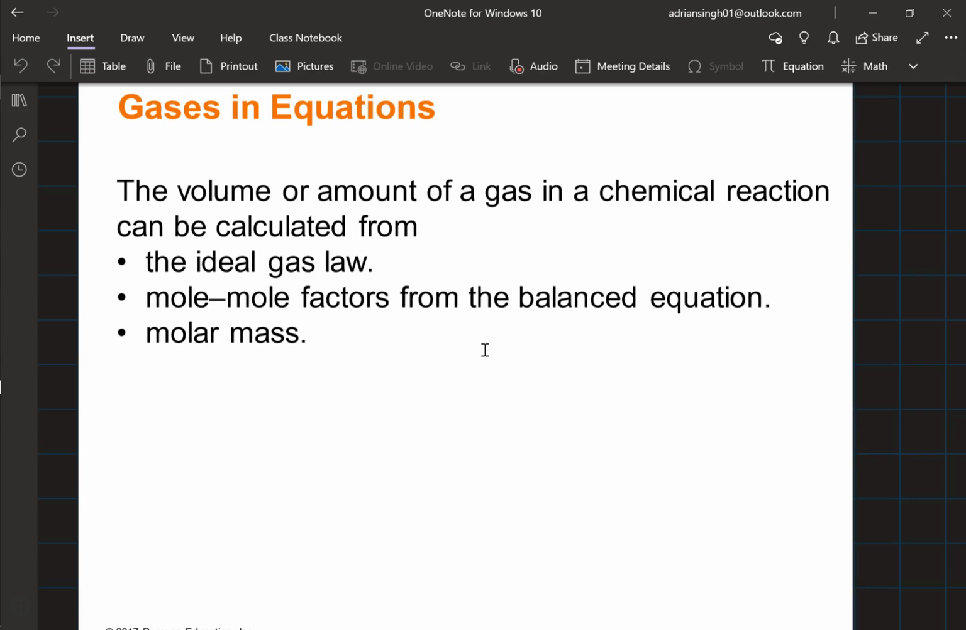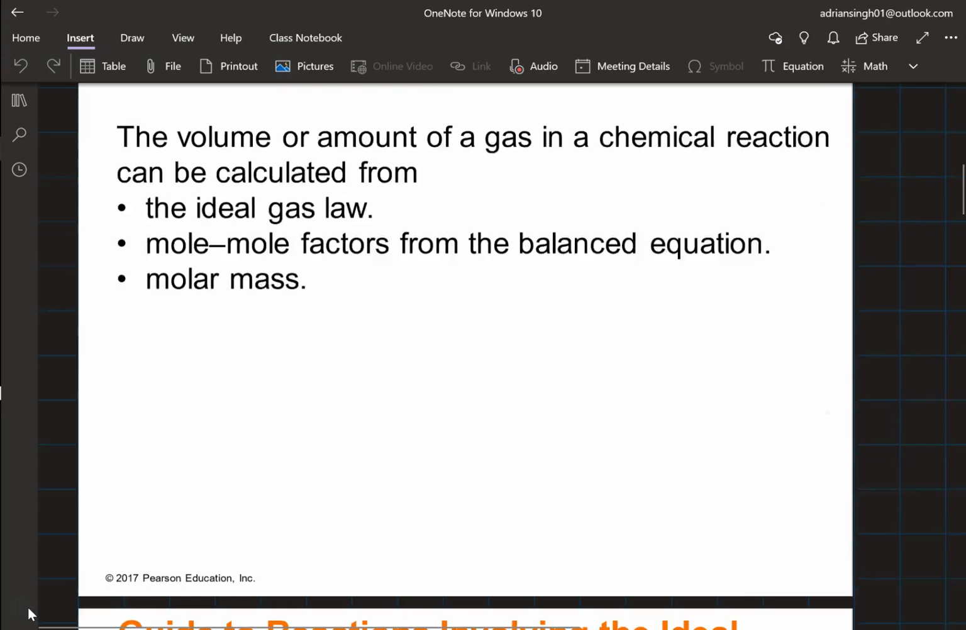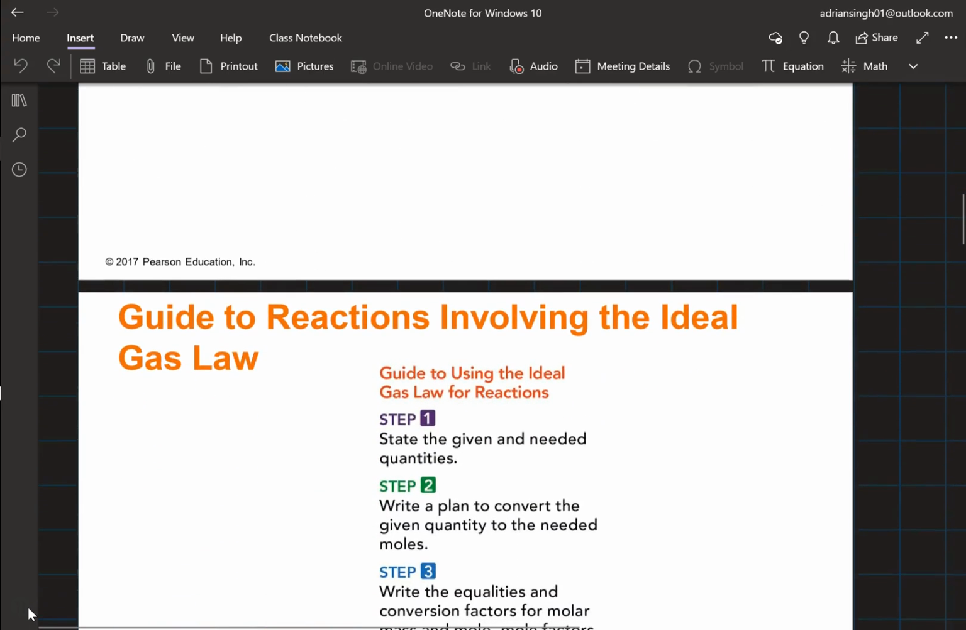So the best gas law to use that has moles in it would be the ideal gas law. Once we use that, we can get a number of moles of the gas, then the whole equation opens up. We can solve for moles and consequently the amount of anything else in that balanced equation. Let's take a look at an example of how we can use the ideal gas law in